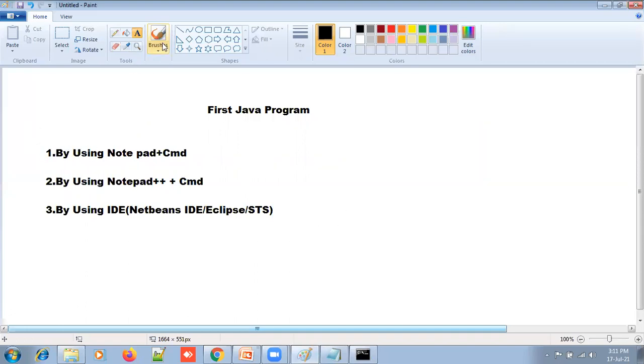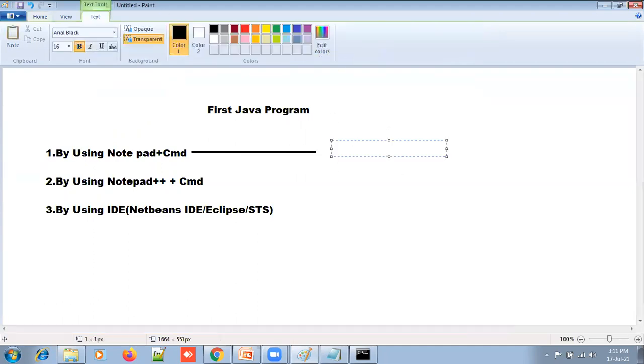In this compilation and execution process, the first step is to create your particular directory. The second thing, you have to write the code, write the program.